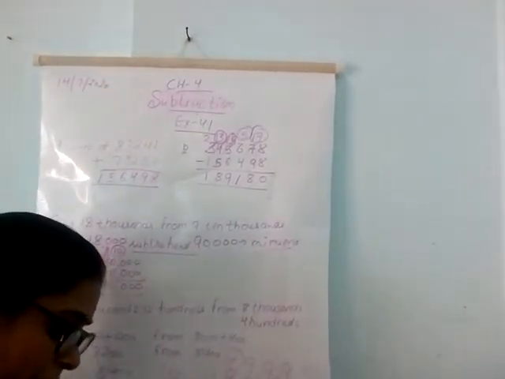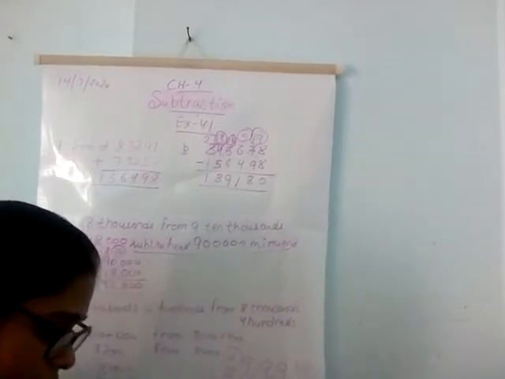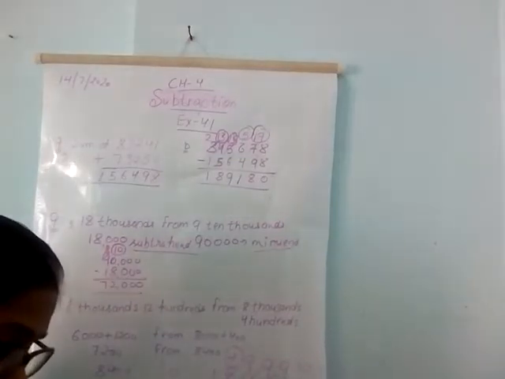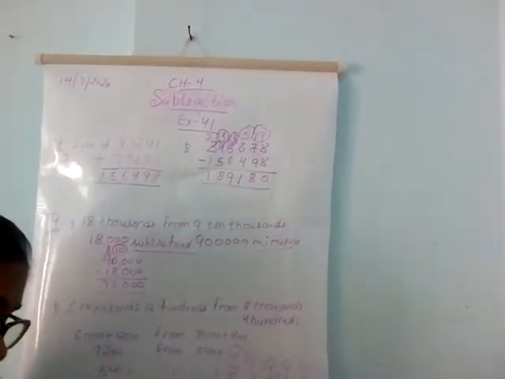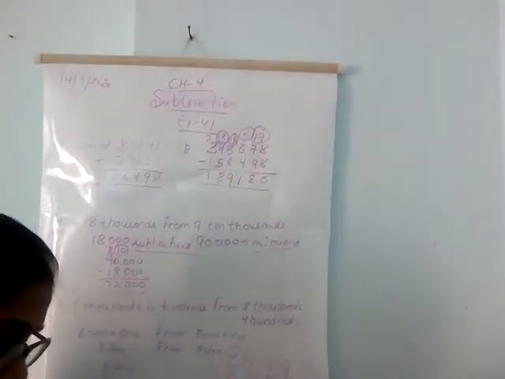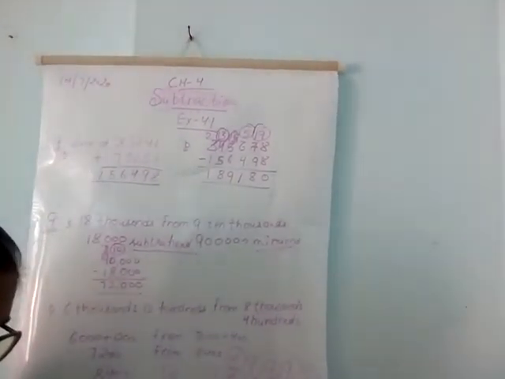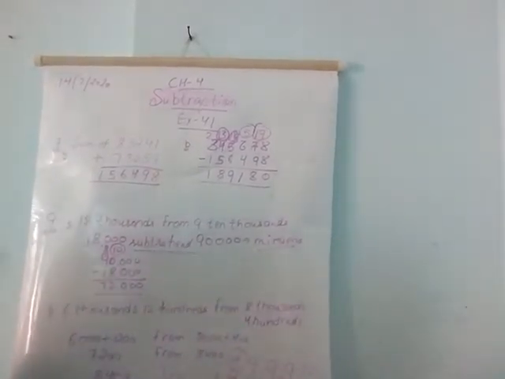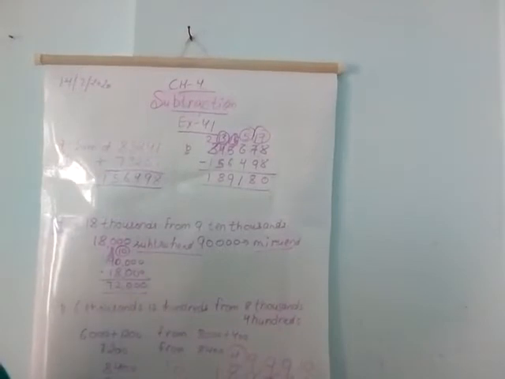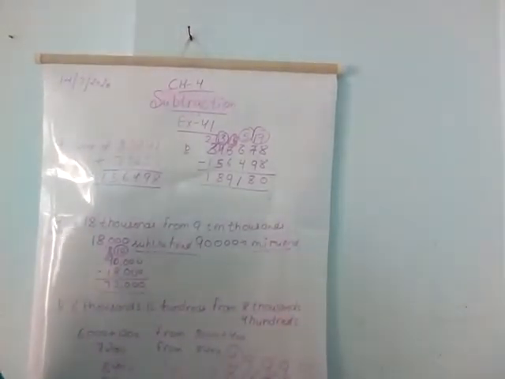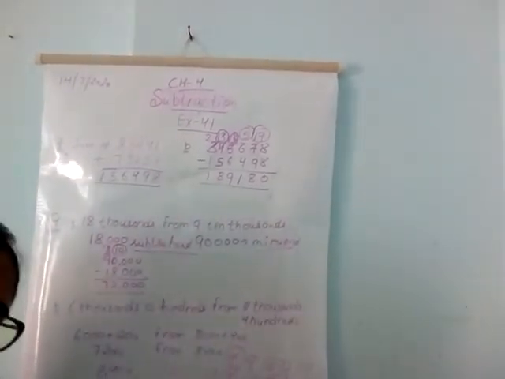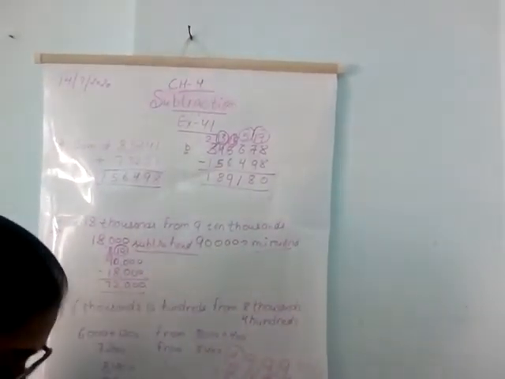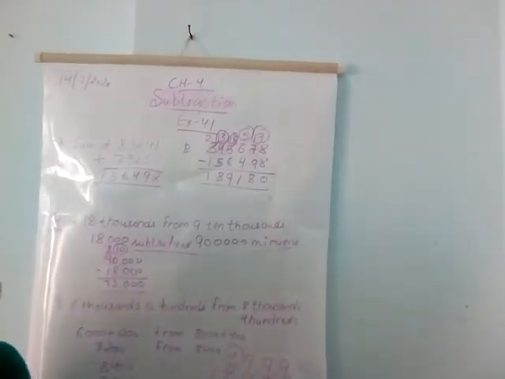What number should be added to 77,832 to get 1 lakh? So what you have to do? Subtract 77,832 from 1 lakh. Okay class? What number should be subtracted from 1,20,000 to obtain 67,780? So what you have to do? Simply subtract the subtrahend from the minuend. In question number 12, you have to find yourself which is minuend and which is subtrahend and find the difference. Okay, till question number 12 you have to do. Now we are remaining with 8 questions.